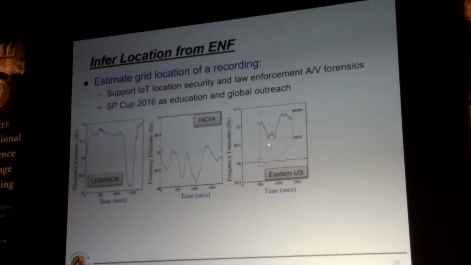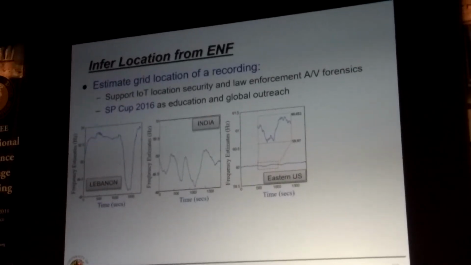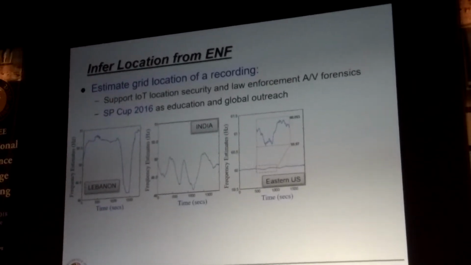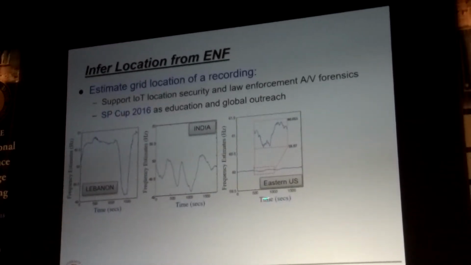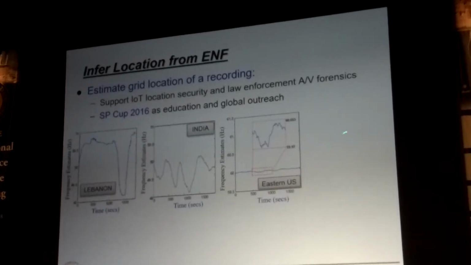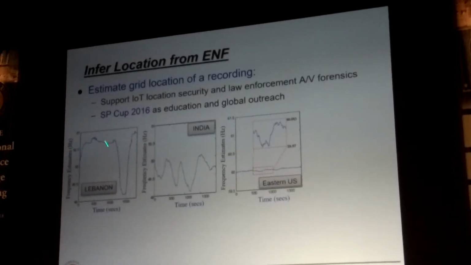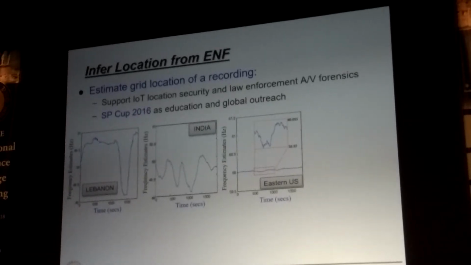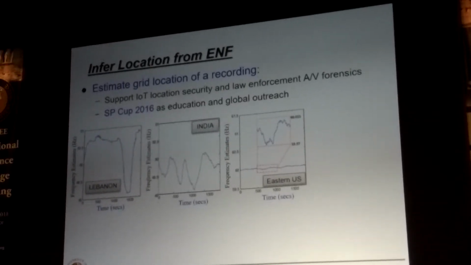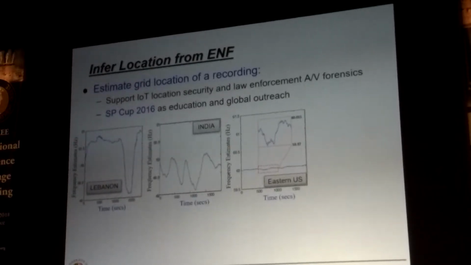We need to zoom in to show that the variation is on the order of 0.01 Hz. In other parts of the world, in India for example, you will see much more profound variations. And in Lebanon, the change is even more drastic. So this suggests we could use the ENF extracted from our sound or visual recordings, and then pre-learn what